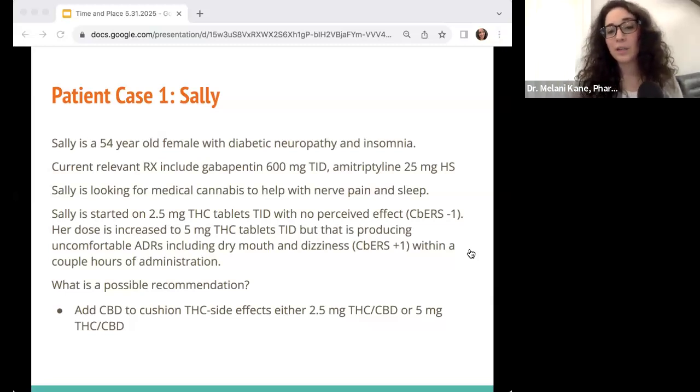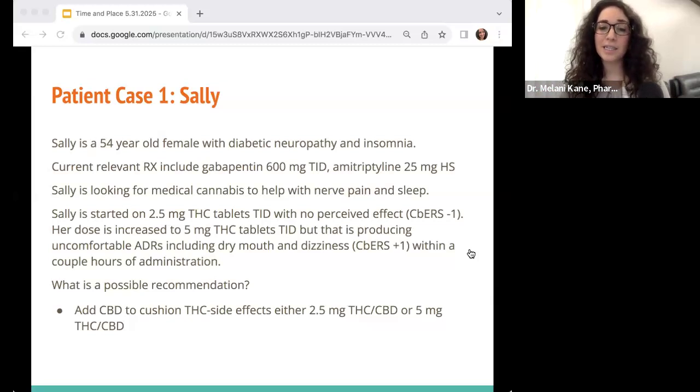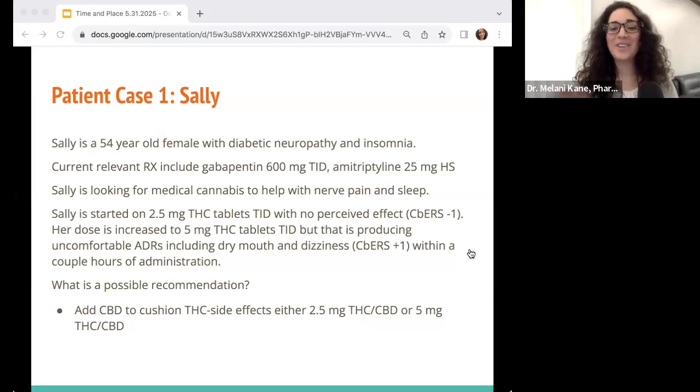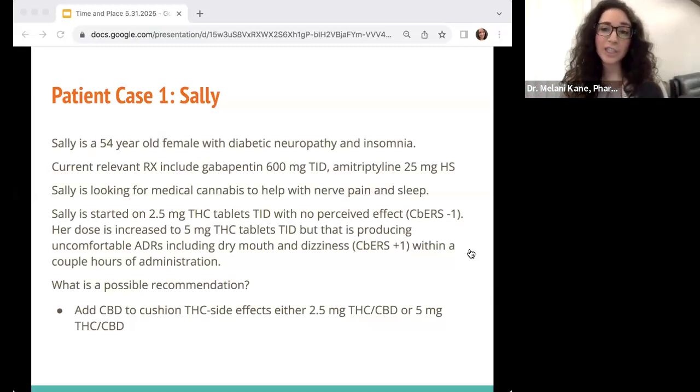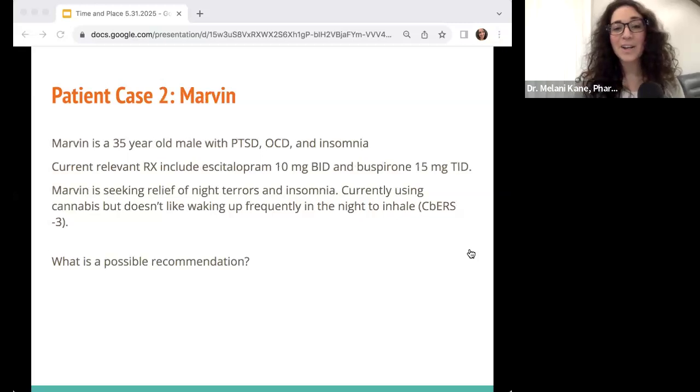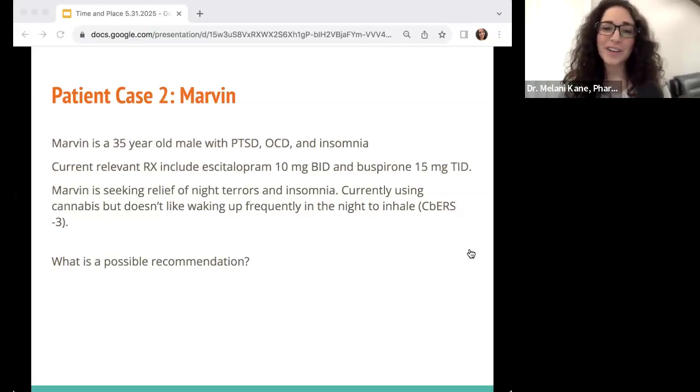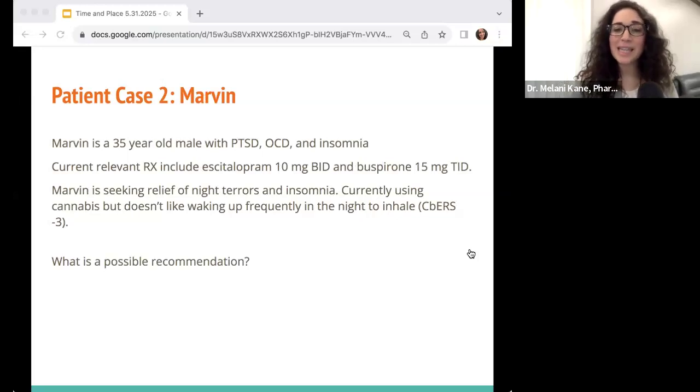And that is when I would recommend going back to that 2.5 milligram dosing range, starting there, and then potentially, if she felt up for it, we could start at 5 milligrams because we know that the 2.5 was ineffective. And we hope that the 5 milligram of CBD would help offset some of that toxicity with the 5 milligrams of THC. So again, there's 100 million possible recommendations we could do. But for this example, I just wanted to show how we can adjust the ratio to help with the THC specific side effects.